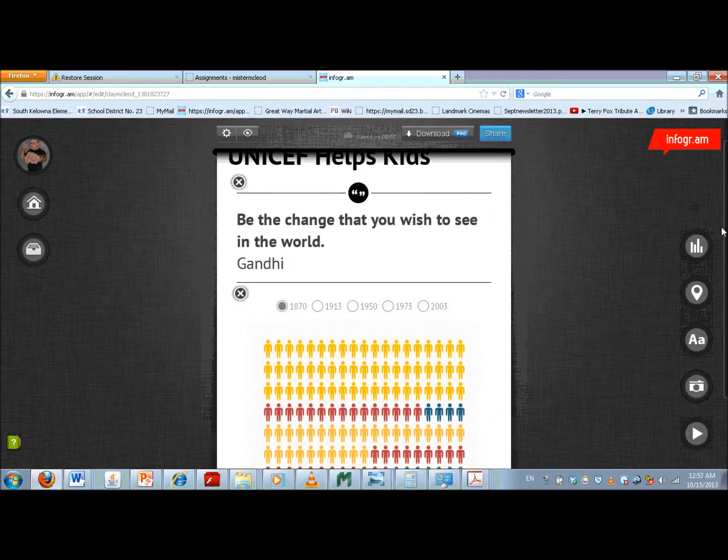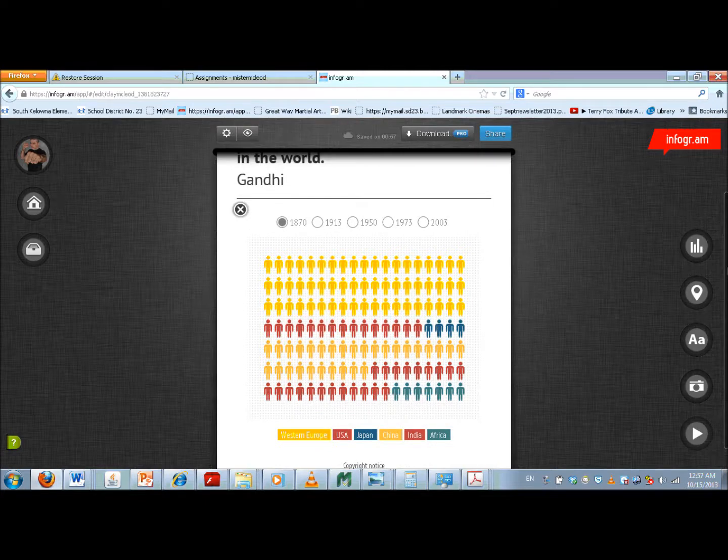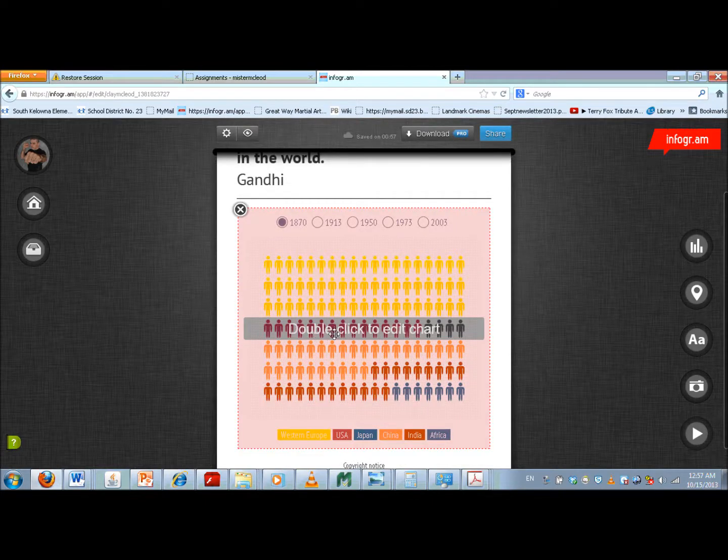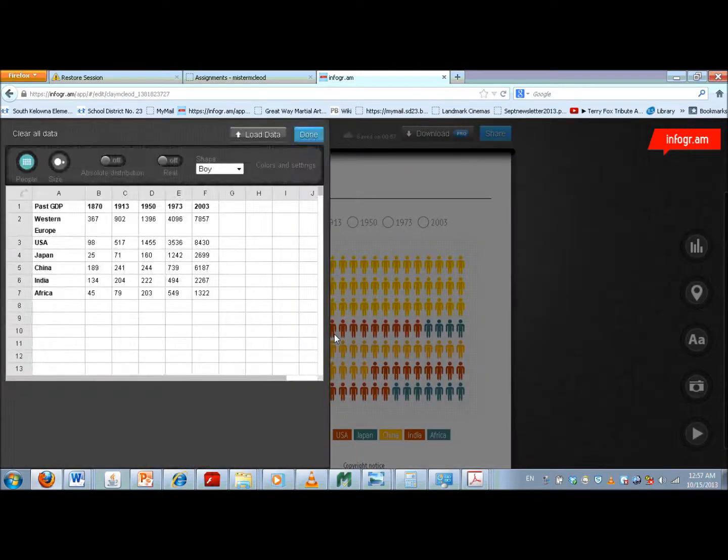It takes a moment for the screen to refill. And then what I'm going to need to do is double click on the chart that's in there. And I'm going to need to change this information because this information has to do with gross domestic product, and that's got nothing to do with raising money for UNICEF. So up at the top, I am going to replace past GDP with percentage of the world's